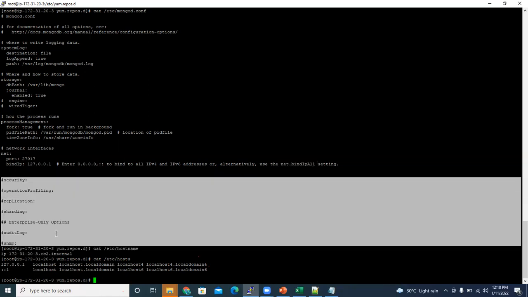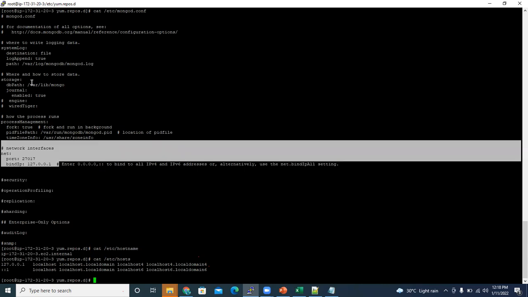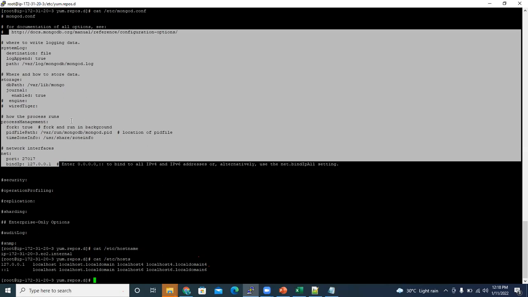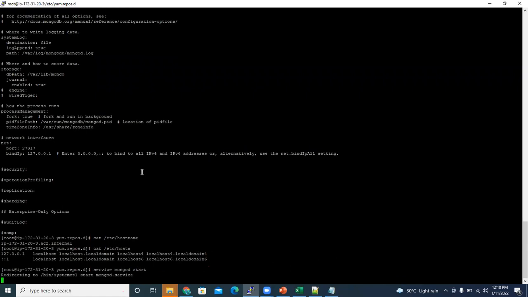And the replication settings and all, we'll see that later. So these are the basic configuration settings. Now I am going to start MongoDB. So service mongodb start. So it's started.